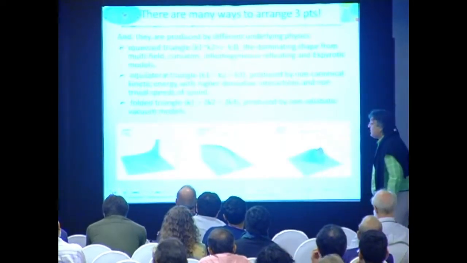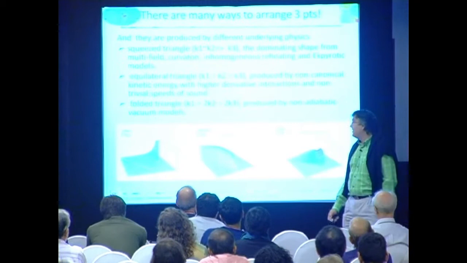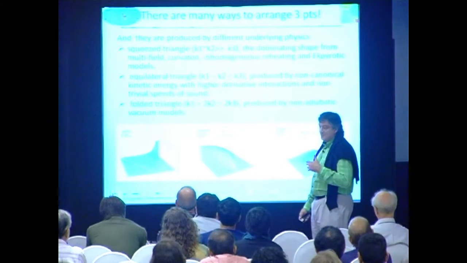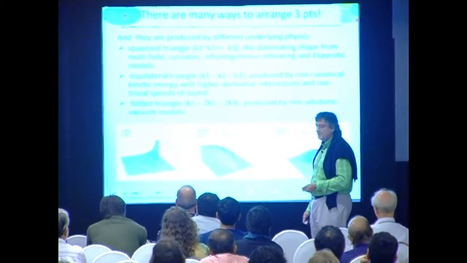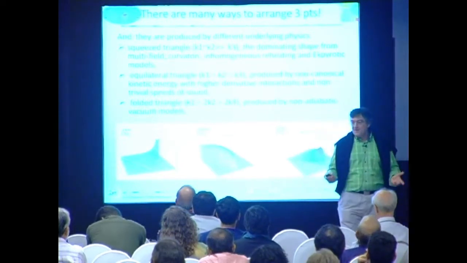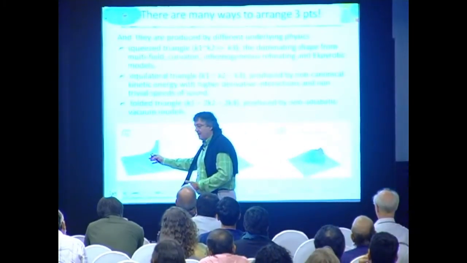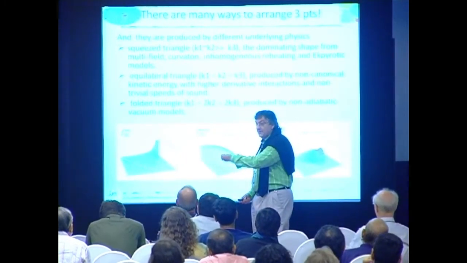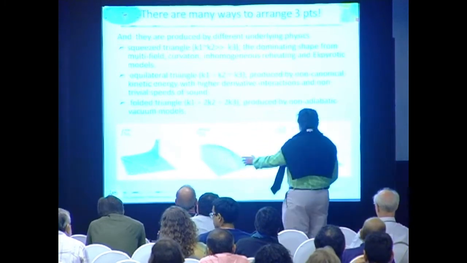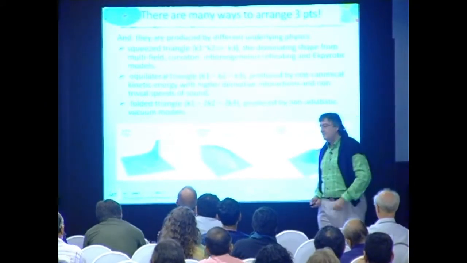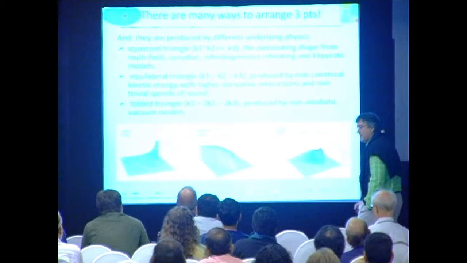Of course, there are many ways to arrange 3 points, as you all know. And the way they are arranged, that is a contribution to f, is actually produced differently by different underlying physics, or by different inflation variants, if you wish. And so we started to do a little bit of classification there, where it was found that essentially there are a number of broad classes like the local type, which can be obtained by a local deformation where phi is essentially the linear phi plus a phi square term, plus other configurations which are all preferred by several classes of inflation, and I refer you to David Wong's talk tomorrow to get all of that.